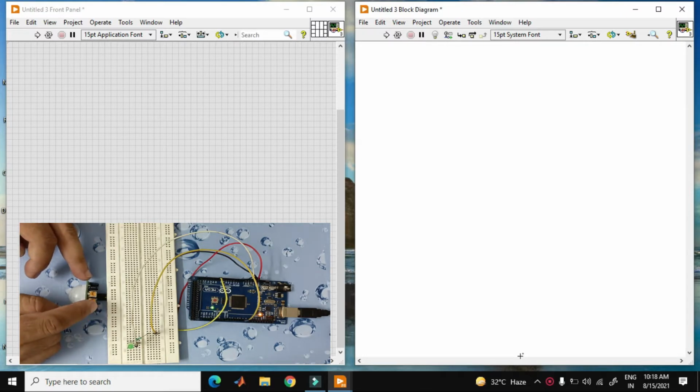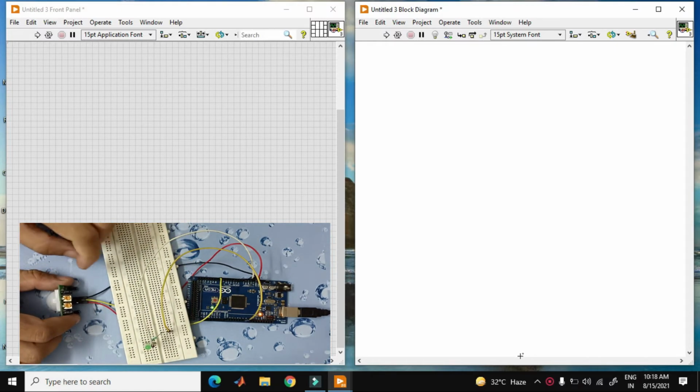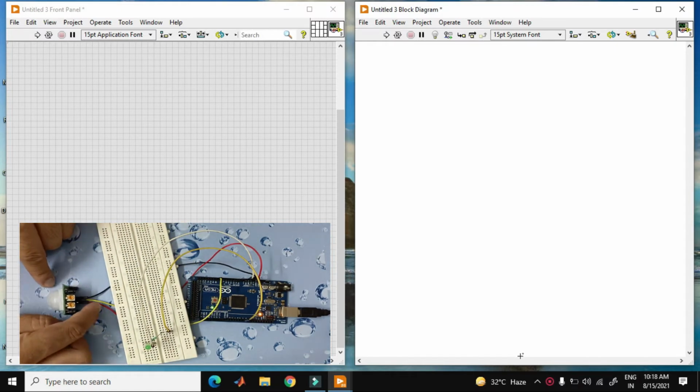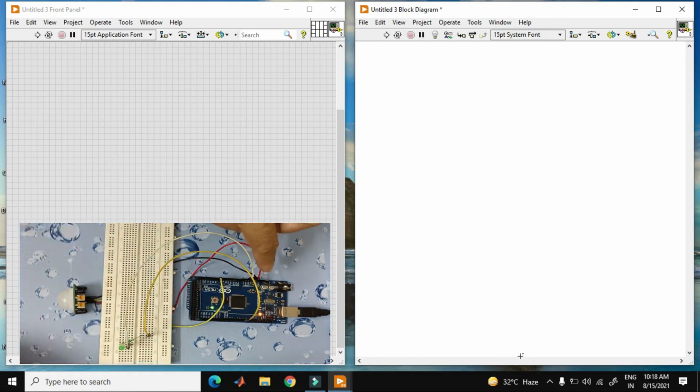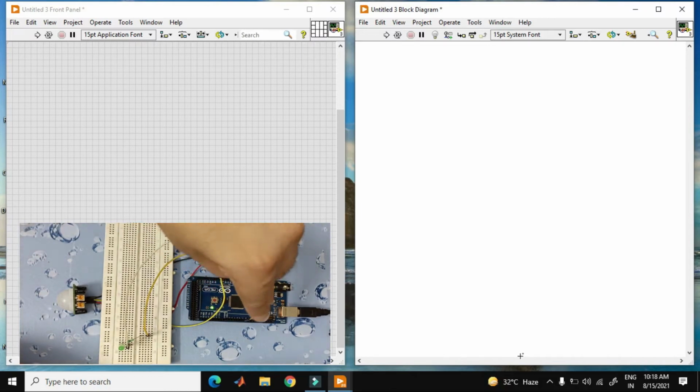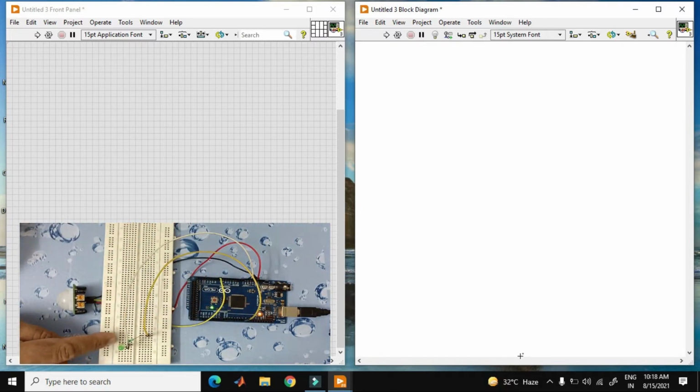sensor. This PIR sensor has one VCC. As you see over here, this is VCC, this one is my signal, and this one is ground. The red one is my VCC, that is 5 volt, black one is ground, and this white and yellow one is my analog pin, that is my signal from the PIR sensor. And over here I have an LED that is connected to pin number 7.